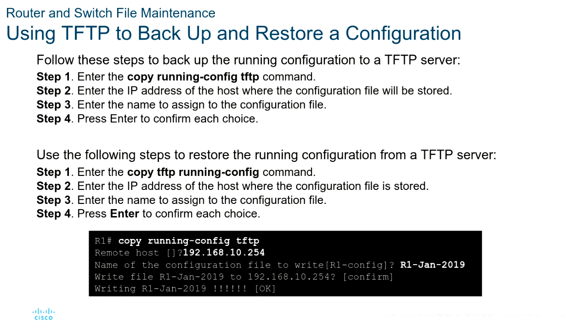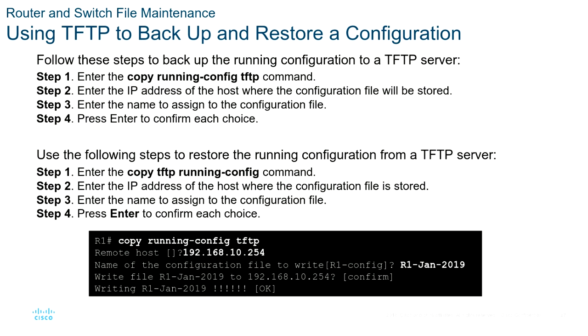In the black screen at the bottom, he said copy running config TFTP. What he wants to do is back up the existing running configuration to the TFTP server. So he types that command, and then the guided configuration dialog asks you, what's the IP address of the TFTP server? And he types in the